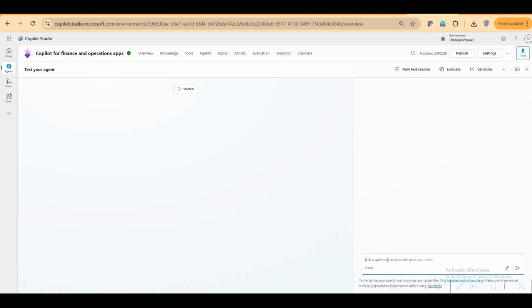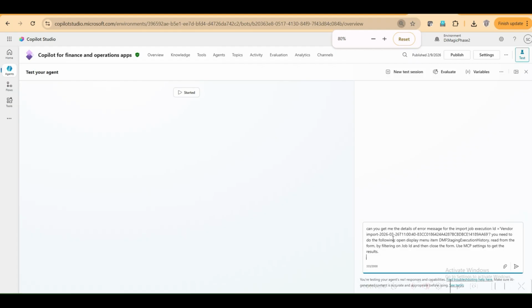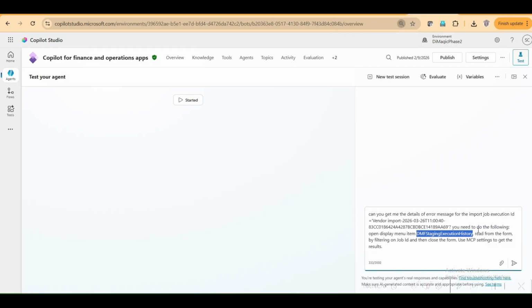And I'm asking the same question here. So can you give me the details of the error message by providing the execution ID? And I'm also saying you need to open the display menu item, which is this. And also you need to read from the form by, okay, let me also supply the legal entity